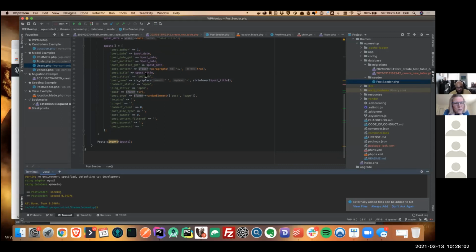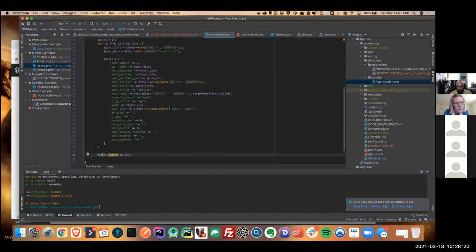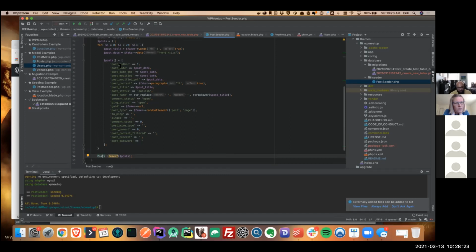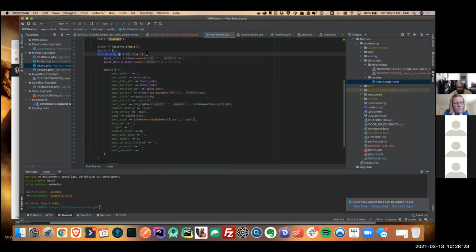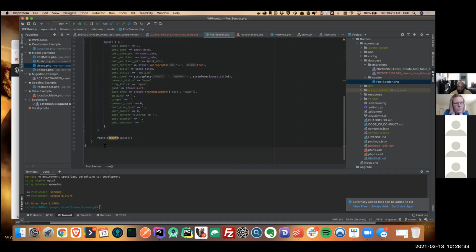So this was inside of this Cedar file. It's probably the first example of one of the models that I have. Right here you just see the word post, insert, and then posts. This is a model, and I'm going to be explaining models right after this. Basically, the way I'm doing this is post is an array, and I'm adding all these here in the array, and I created 20 of them. That's what this loop here is doing. And then as I get this array with 20 items in it with all this various data, I just do post insert that array, and it created all that for me in one swing.